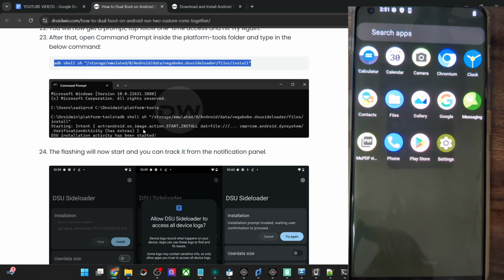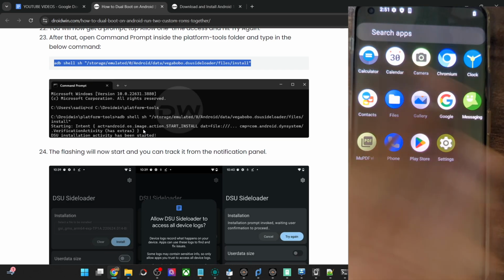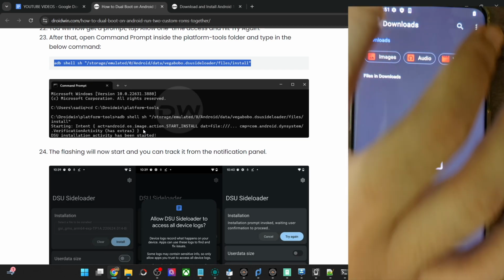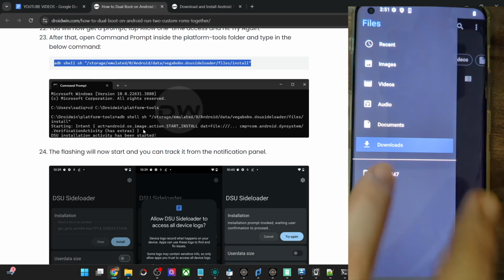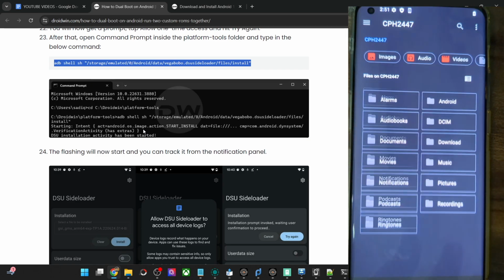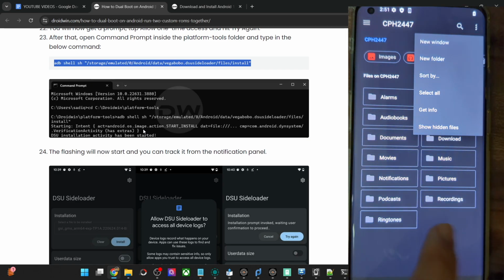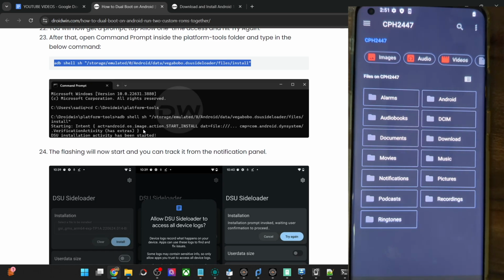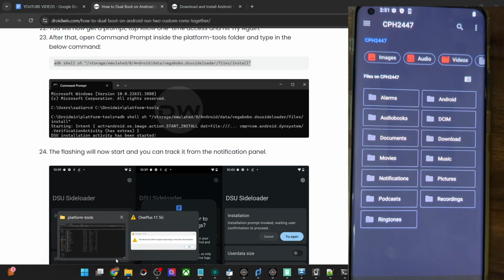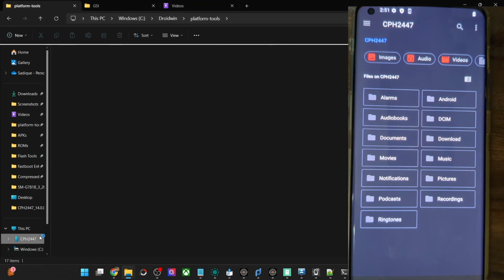Likewise, all the apps that you install here will only be installed in this section and they will not be there in the original OS. And whatever apps are there in the original OS will not be shown here in this section. Moreover, our data partition as of now will be around 10 GB only, because we have given it the 10 GB size while flashing the GSI ROM. You may verify it as well from the file menu or go to the phone section from here. And let's now verify it.